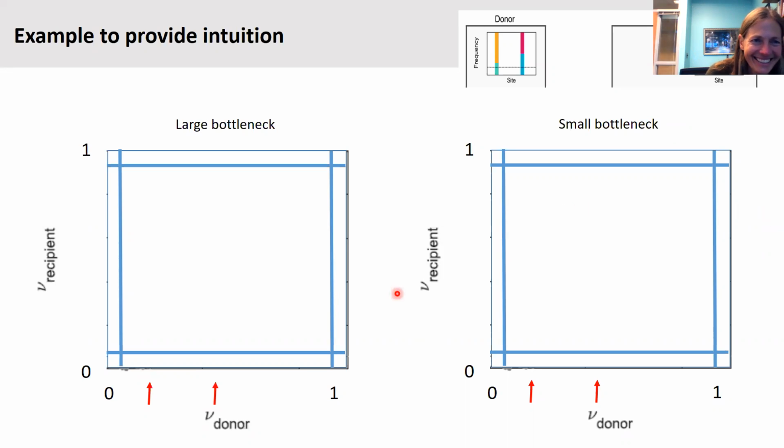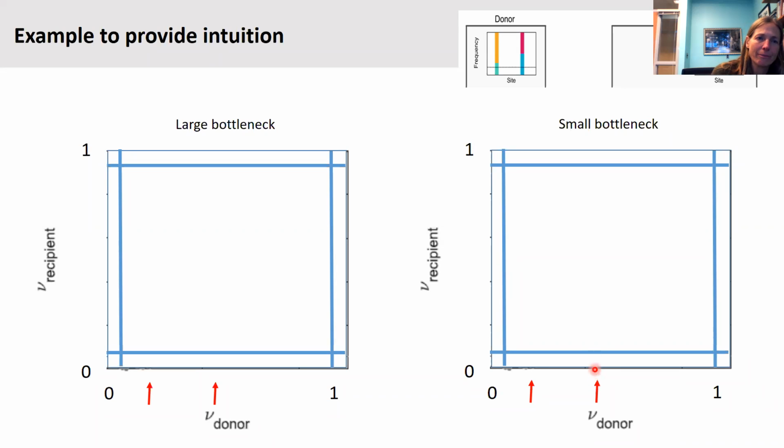Okay, I'll tell you. So if it's on the order of about 1 viral particle, and it's at, let's say, 45% frequency here, and it's just a matter of chance and genetic drift, there's going to be a 55% chance that it's going to be lost in the recipient. Sorry, if it's at 45% in the donor,